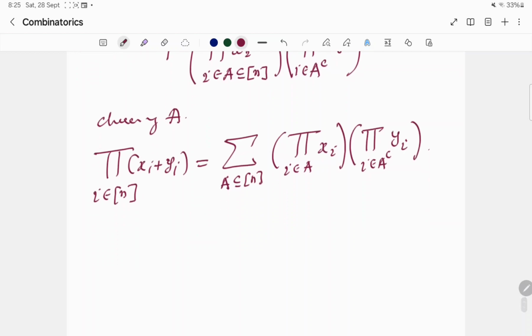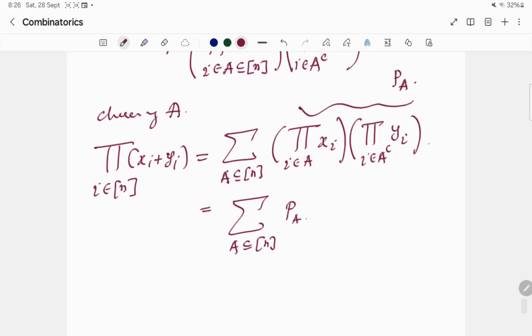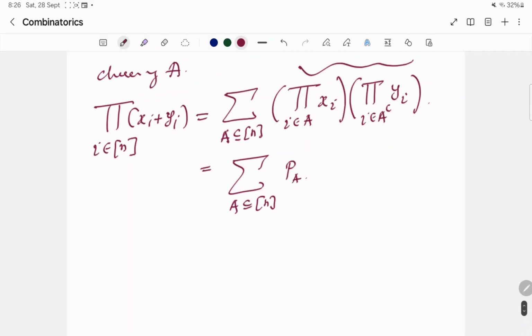So each subset you choose, it will happen. That is the complete summation. Now I can split this. I'll call this particular product term PA because it depends on A. So this is equal to the sum over A a subset of n of PA. I have not restricted A, so the cardinality of A can go from 0, 1, 2, because phi is a subset of A and the full set is a subset of A. So I can make a double sum,